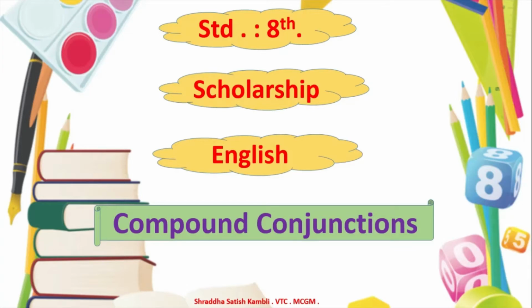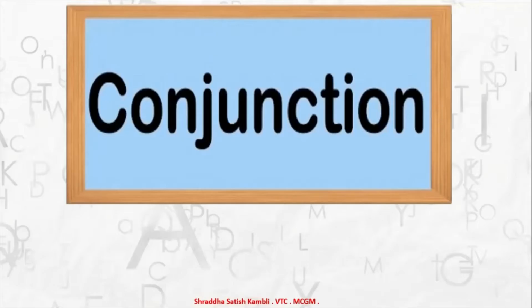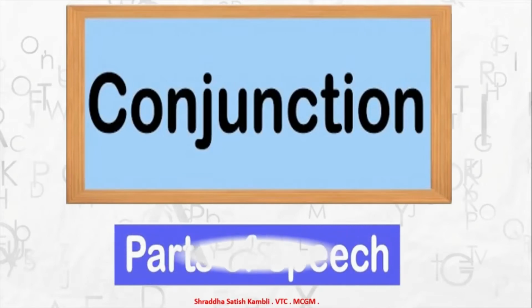So before going to understand what is compound conjunction, we will understand a little bit about what a conjunction means. We will also take a look at and revise the types of conjunctions, and then we will go and see what are compound conjunctions. Okay, so come on, let's start our lesson for today based on compound conjunctions. So what is a conjunction? A conjunction is actually a part of speech. So you have been learning about noun, verb, adjective, adverb, etc. So just like the noun is a part of speech, the verb is a part of speech,